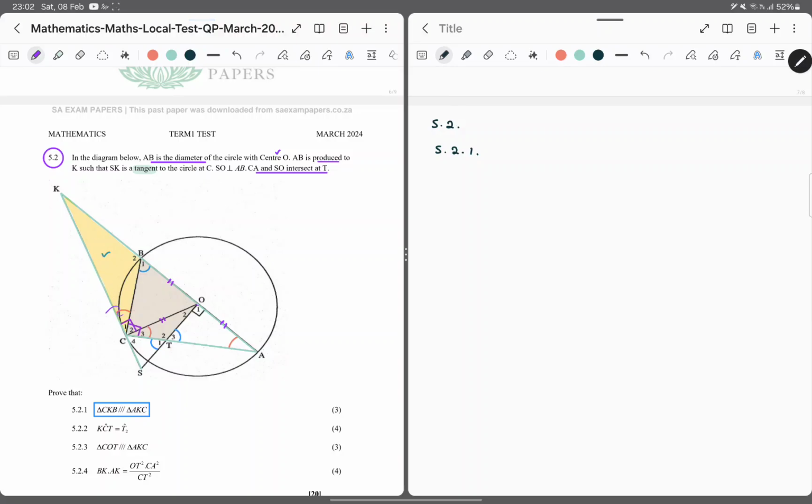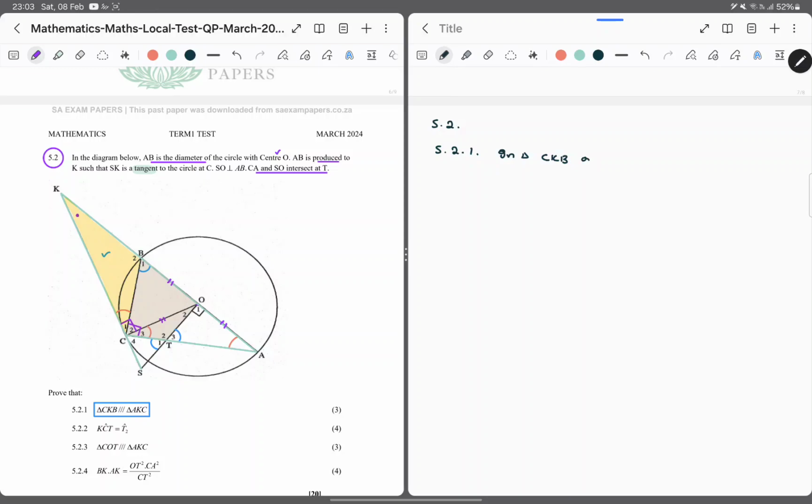Alright guys, so we're comparing this green, or light blue, whatever this color is, and that triangle. So we can already see guys, this angle here is common, right? And this angle is equal to that, tan chord theorem. So the remaining angles should also be equal. So it's done. So we can easily say in triangle